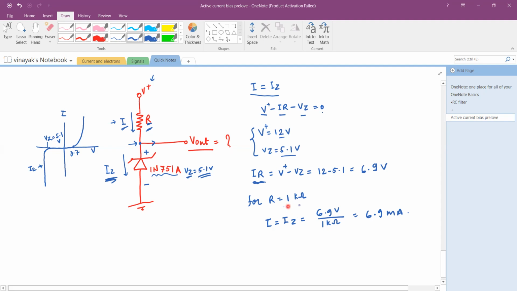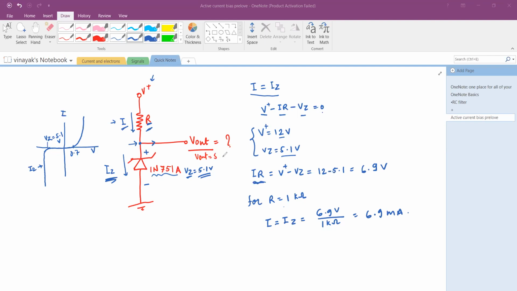But for now, here I'm using R equal to 1K and I equal to IZ because the Zener is in conduction in the reverse bias mode. Therefore, the value of the current through the resistor and through the zener will be 6.9 milliampere. So this is how we can design a simple reference using the zener and the resistor. So right here, the value of your V out will be 5.1 volt,